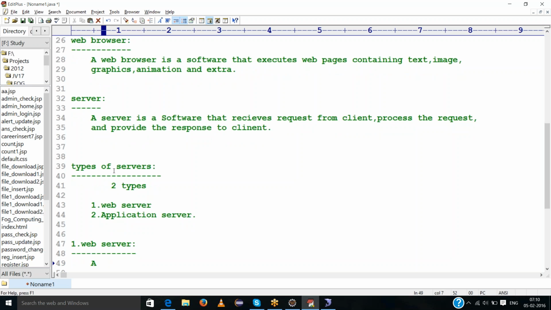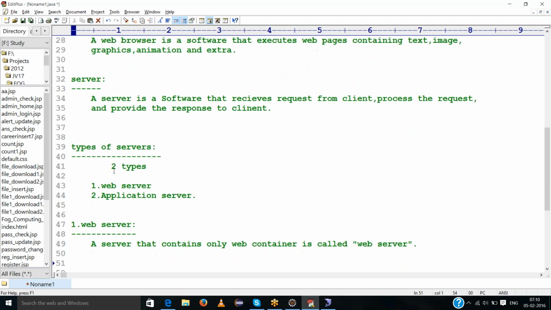And what does web server mean? A server that contains only a web container is called a web server.